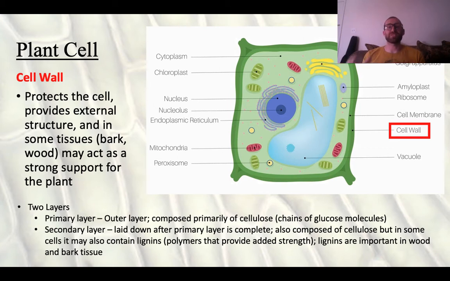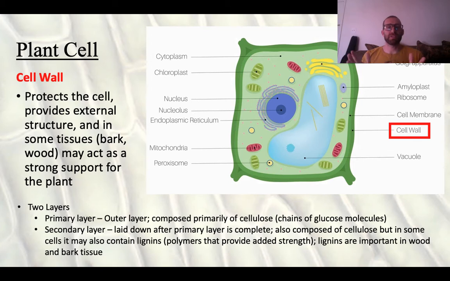And so there are additional structures built in, or chemicals built in to our cell wall, I should say molecules rather than chemicals, that provide additional support. So it's protecting the cell and it's providing this external structure and support. It's our cell wall. It has two layers. We don't need to get really into that. We'll talk a little bit about it more when we look at tissues. But remember, cell wall, it's the outer layer, provides